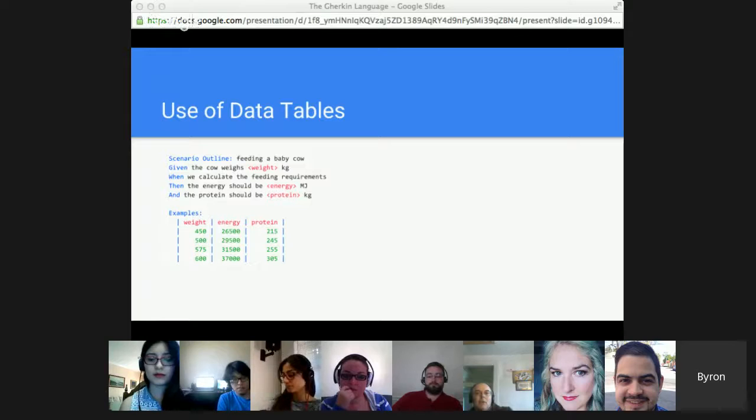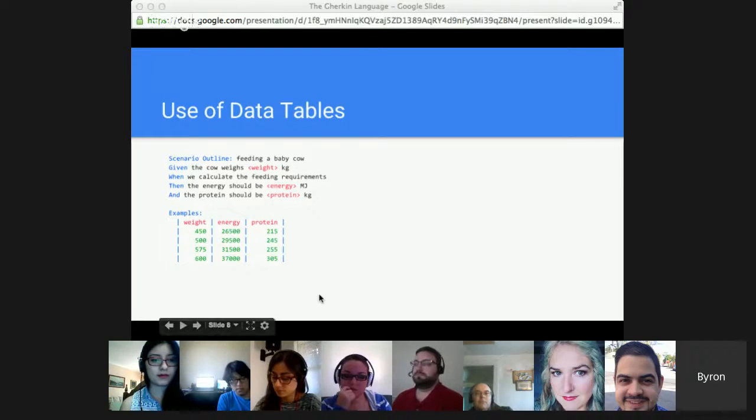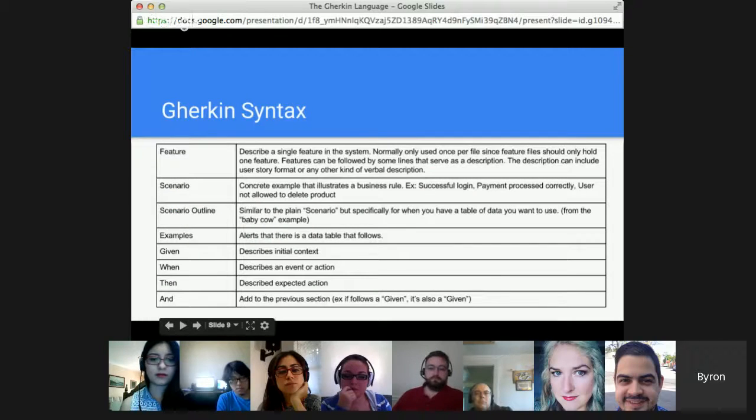So let's talk a little bit about Gherkin syntax. Every line of a Gherkin feature is significant, unless it's a blank line, that is. There are several components that we can use in a feature file, and we'll get to a feature file here in a second, that could help us enrich our acceptance criteria for the benefit of the whole team. So here are just a few of the most important pieces of syntax.